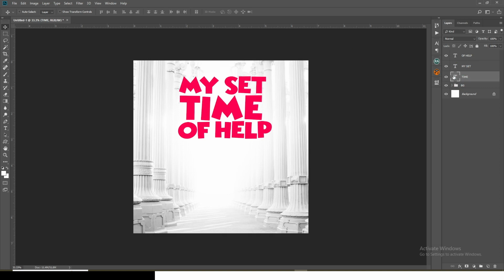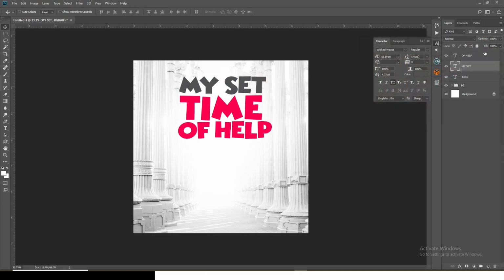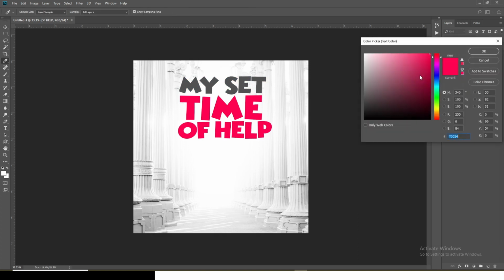Okay, now the colors that we are going to use for the time is like that, but for my set time, you want to use this particular color code. Let's click on the character and then click on the color here. Let's choose 535353 and then click on OK, and then let's come to the other one and click on it, and then let's choose this color code as well,